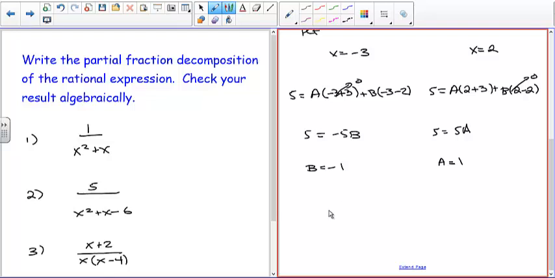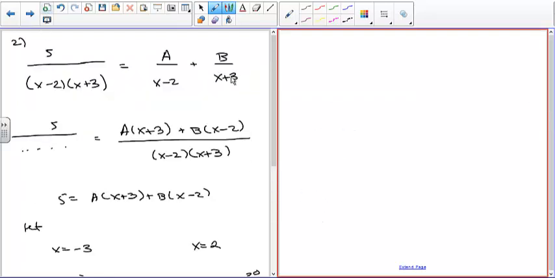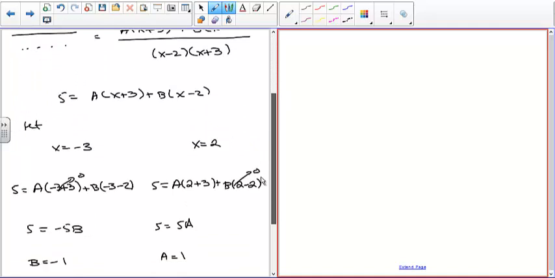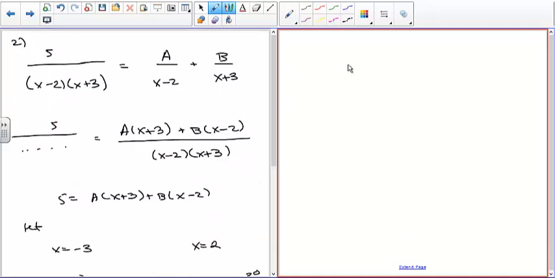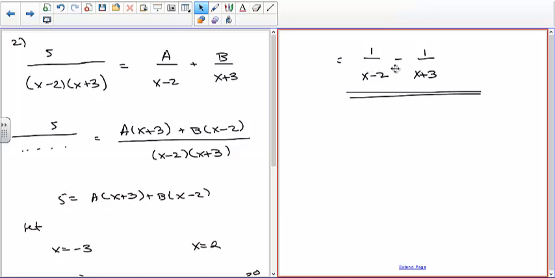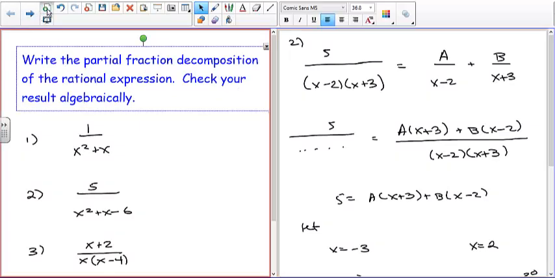Just turns out that's what it was last time, but that doesn't have to be that way. So we can now plug those values into here. So the answer is going to be 1 over x minus 1 minus 1 over x plus 3. So that's the partial fraction. And remember, the whole idea, the reason we do this is because if we're doing calculus, to integrate this first term is difficult. To do the two other terms is somewhat trivial. Maybe I shouldn't call it trivial, but